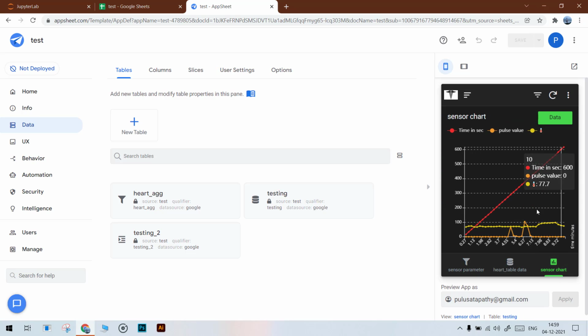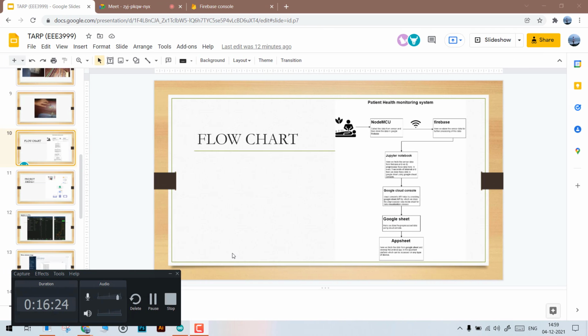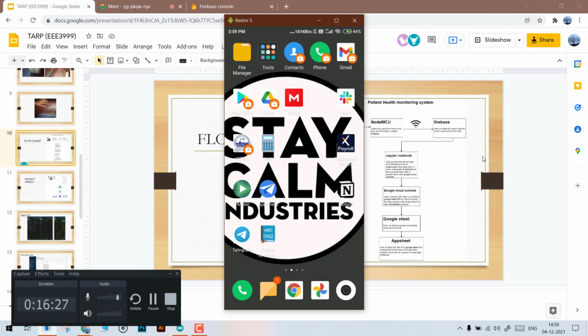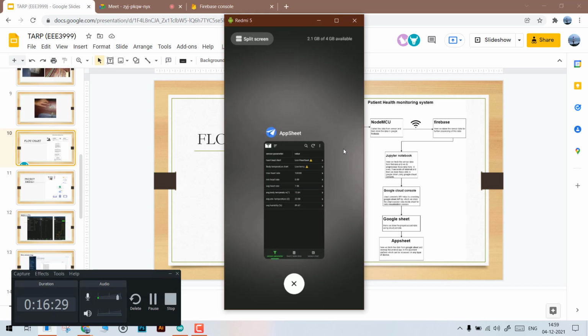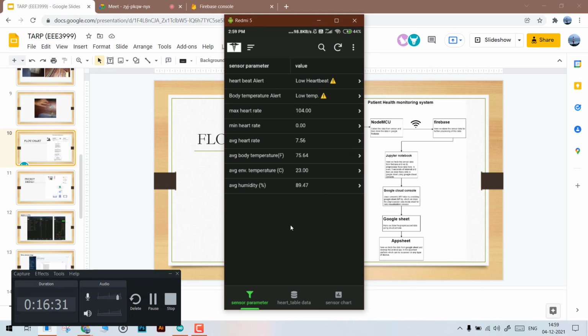And yeah, this is the graph output, and the Android app. You can see that this is the Android app also, and this is the heartbeat. When it goes below 60 bpm, it should alert as low heartbeat, and body temperature also is the same.